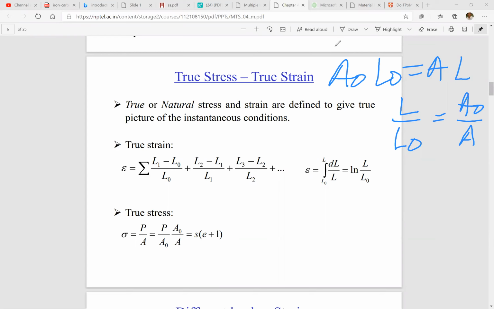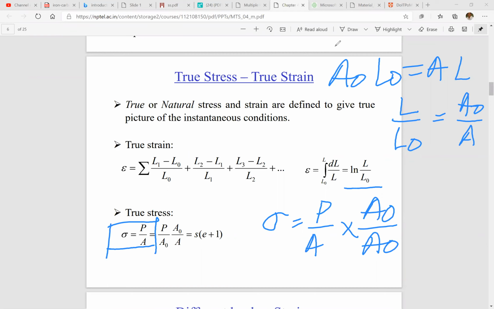So epsilon is what? See this. Epsilon is ln L by L0. See here another concept, the true stress. See this equation. The true stress is sigma equal to P by A. If sigma is equal to P by A, the true stress is written as P by A. If I am multiplying by A0,